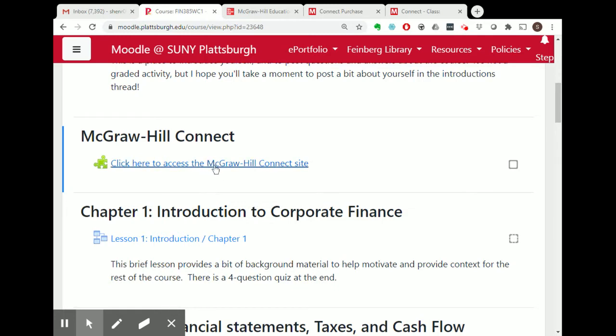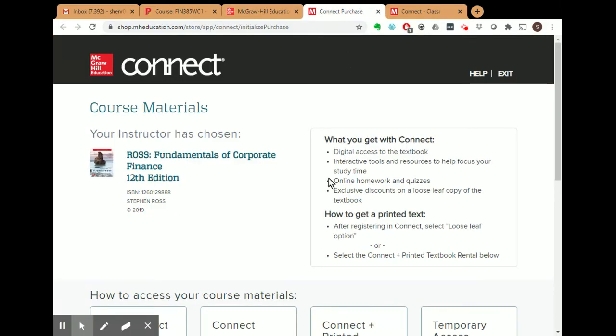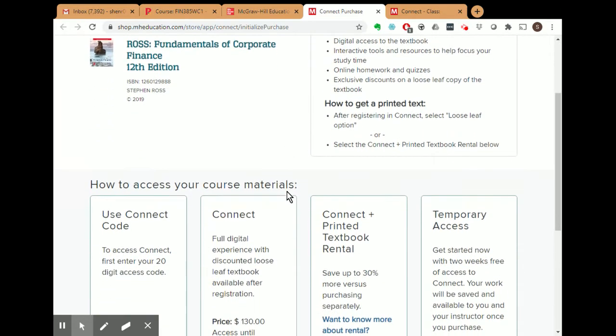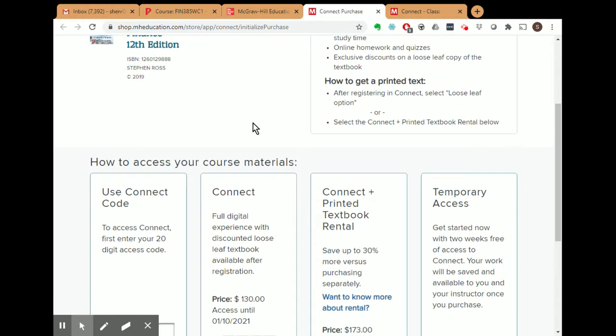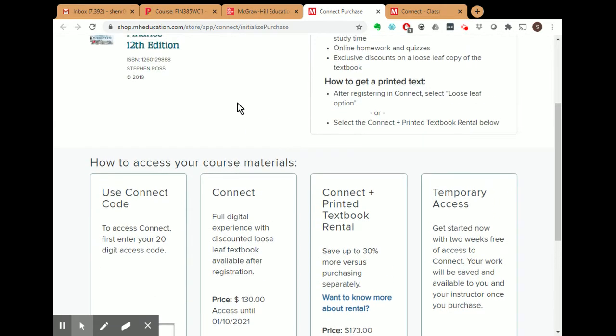The first time you click this link, the first thing that happens is you'll see this screen and you'll have to press the Connect button. And the first time you do that, you'll be taken to a site that gives you the chance to purchase Connect access. You can either pay for it here, or if you have a textbook with an access code, you can use that, or you can use the option for temporary 2-week access just to get started